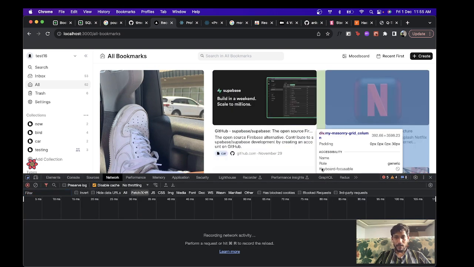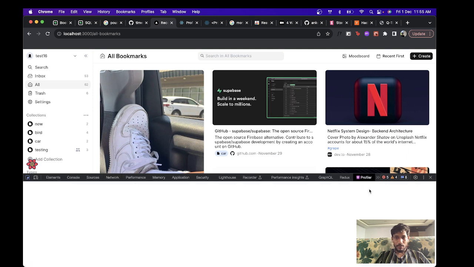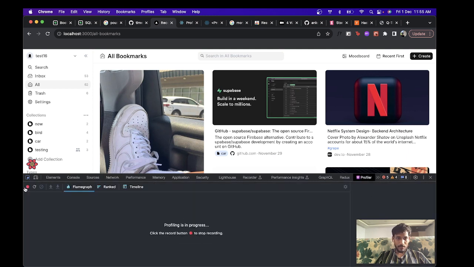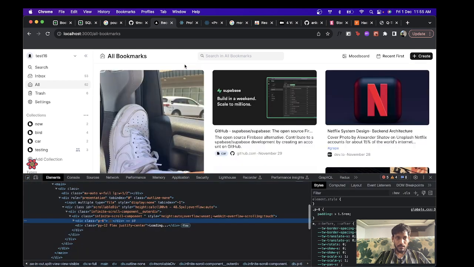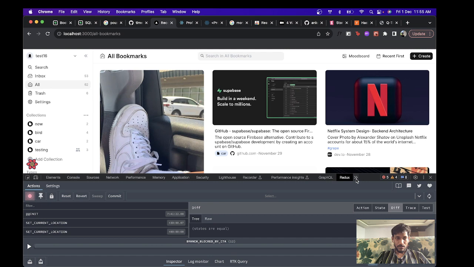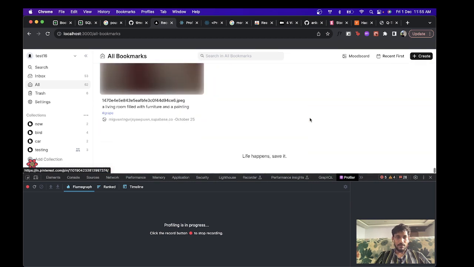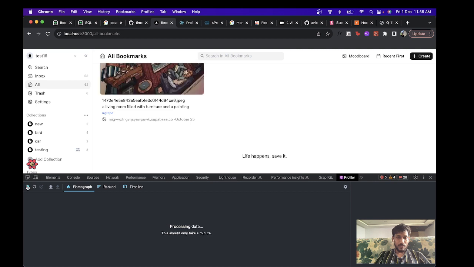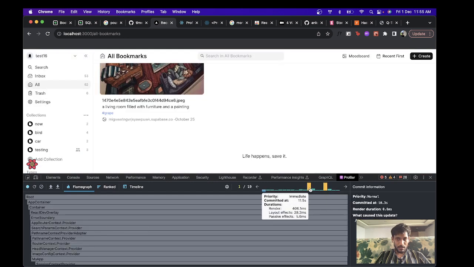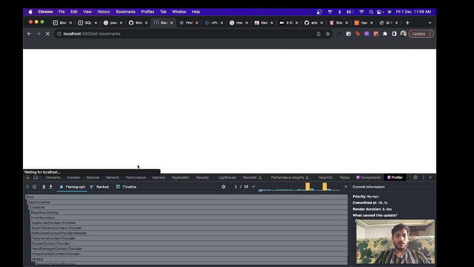So I'm going to go to the network tab, and this time I'm going to turn on my profiler. Okay, now if I go to, shoot, it's Redux profiler. Oh, that was surprisingly fast. Commit to that. Okay, so